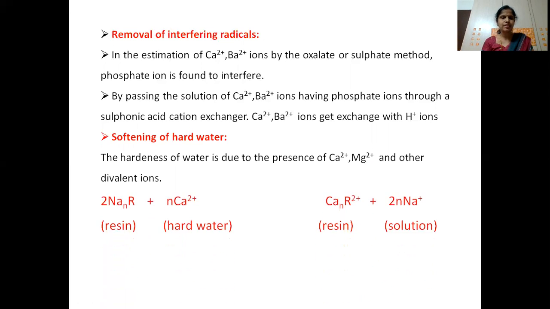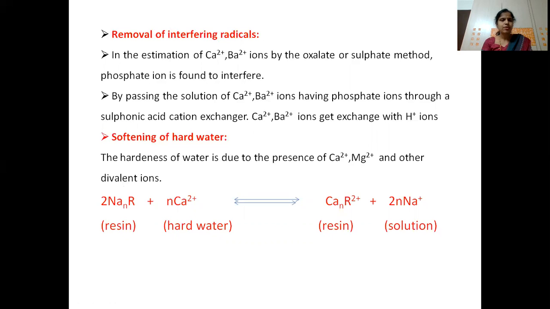So what we are doing in this case is, see here in this equation, calcium and magnesium we have to remove. So how to remove this? As they are cations, what do we require? We require a cationic resin. So this is a cation exchange resin where sodium ions will be there as the counter exchange ions. In the hard water, now this R stands for resin here, so the resin is having sodium ions as the counter ions.